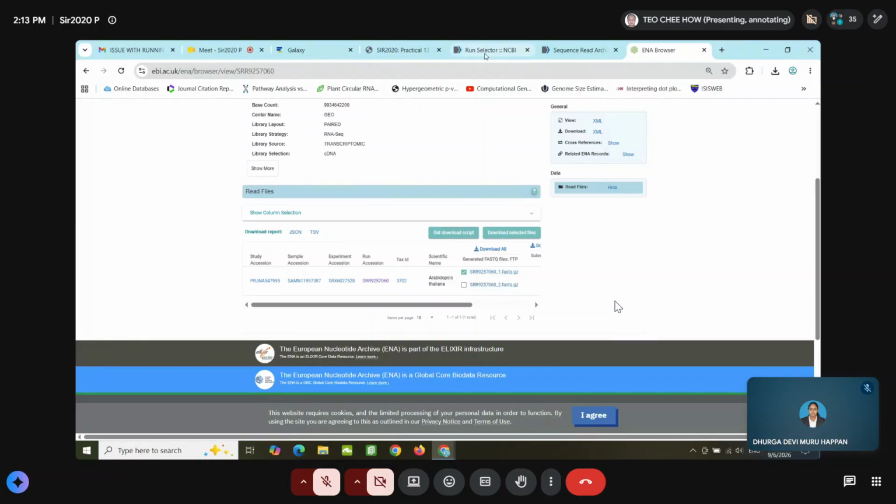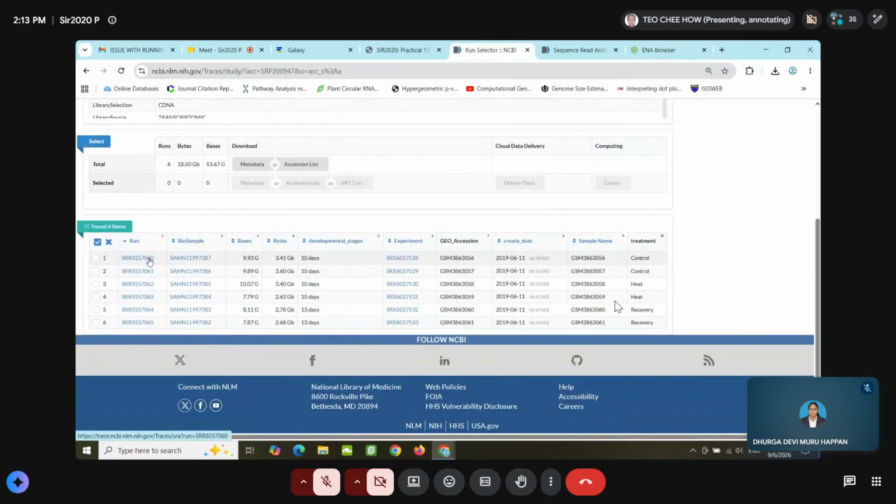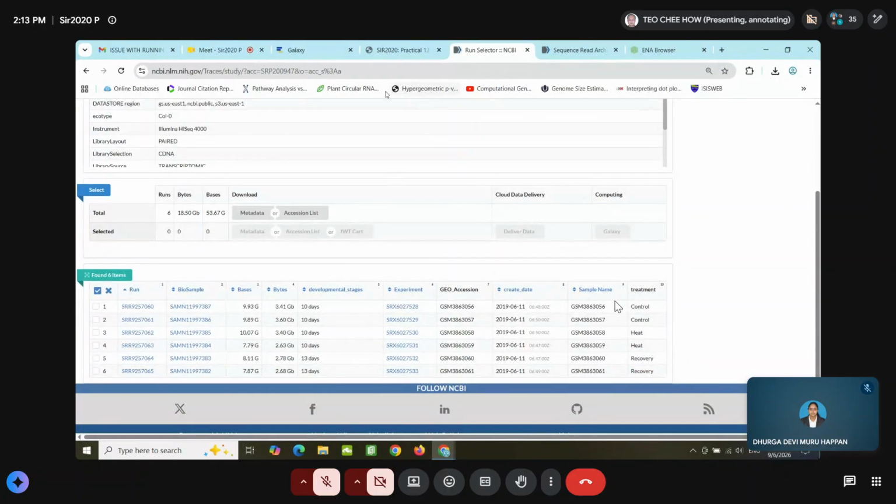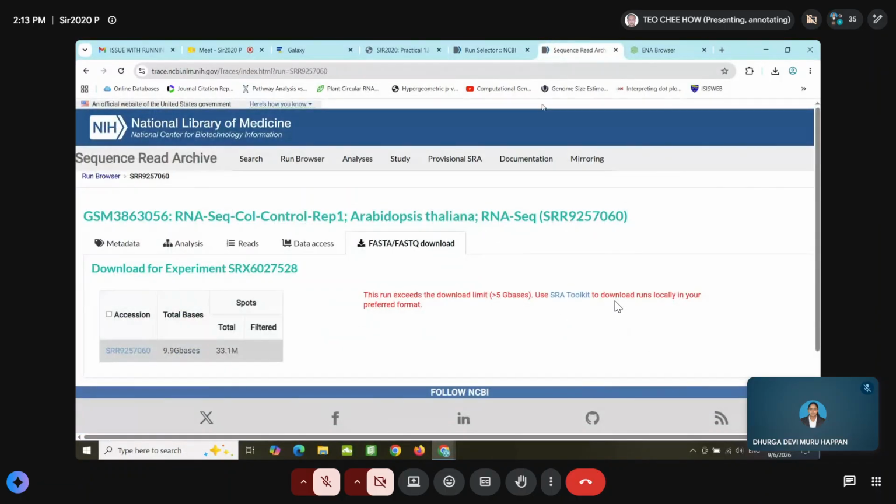Bear in mind, in the NCBI, the file that you download is the SRA file. So you need to use the SRA toolkit to convert the .SRA file to a .FASTQ file for NCBI.